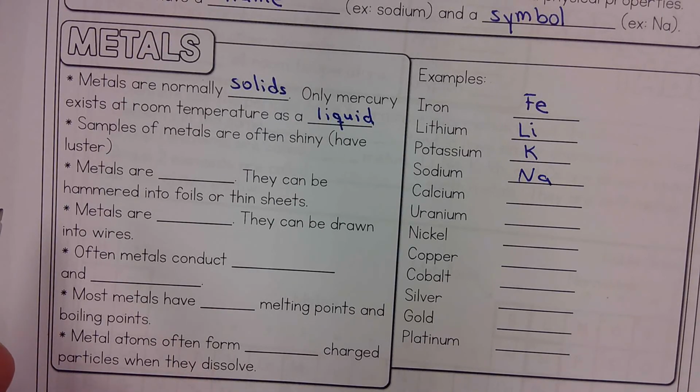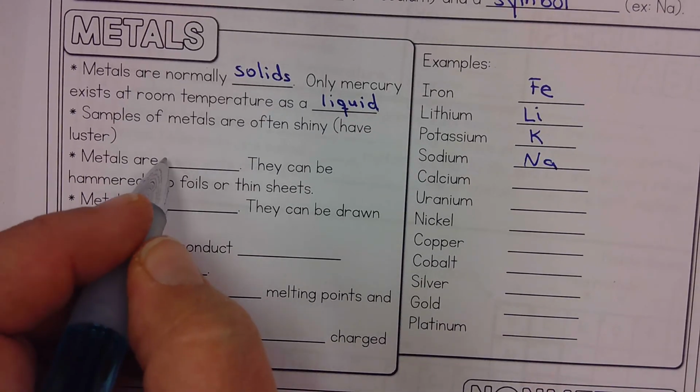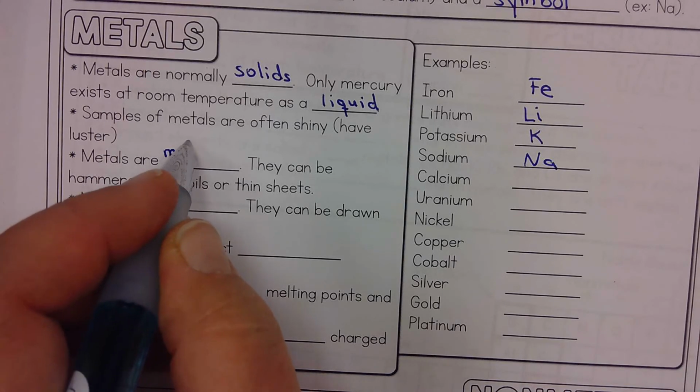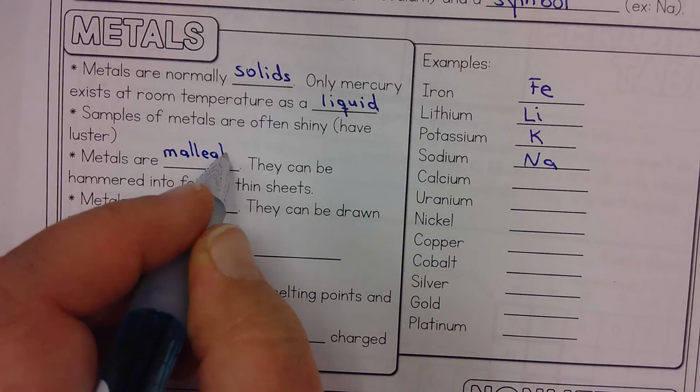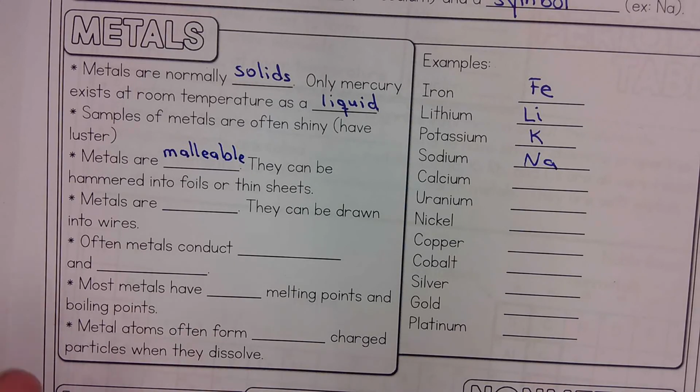Some other properties of metals. Metals are often shiny, which is why some of them make good jewelry. They're also malleable, which means they can be bent or shaped. Again, which makes them good jewelry. Hammered into foils, we talked about that in the last unit. Gold foil is just gold hammered out real thin, kind of like aluminum foil, but they're made out of two